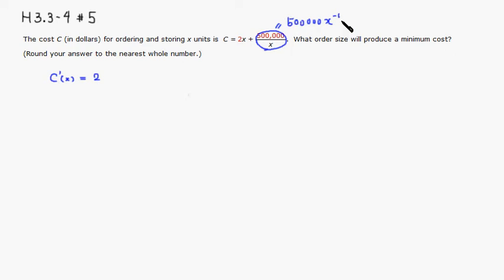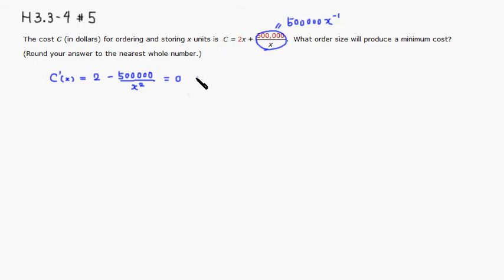Then the derivative of 500,000 x to the negative 1 would be negative 1 in front, with the 500,000 already in front, and then x to the negative 2, which is the same thing as 500,000 over x squared. We set that equal to 0,